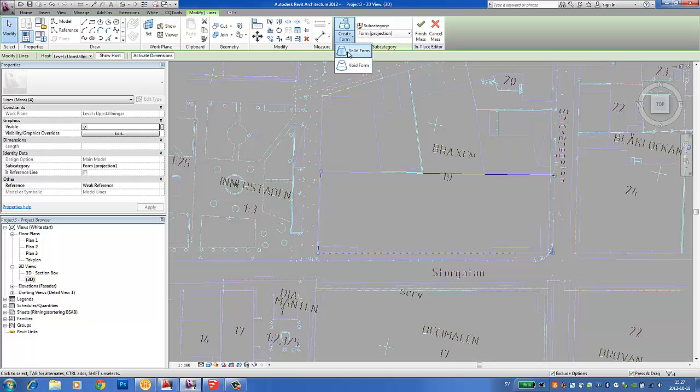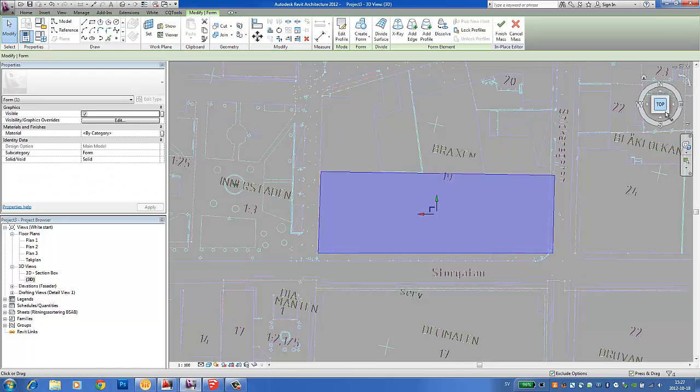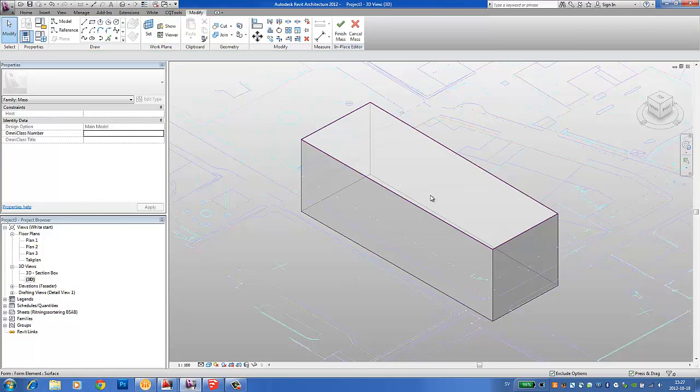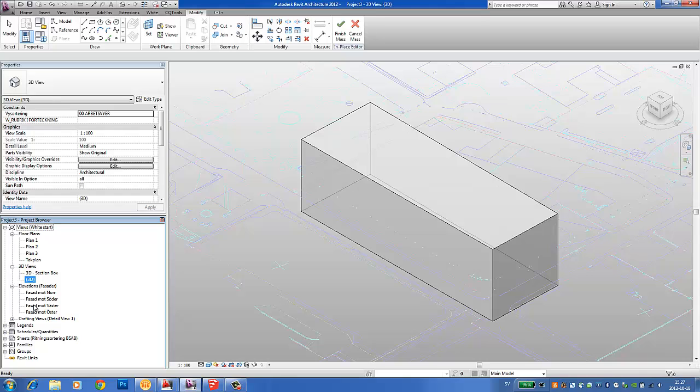And click that profile, create form, and a solid form. And I can do this sort of all at once, or I can go to my elevations